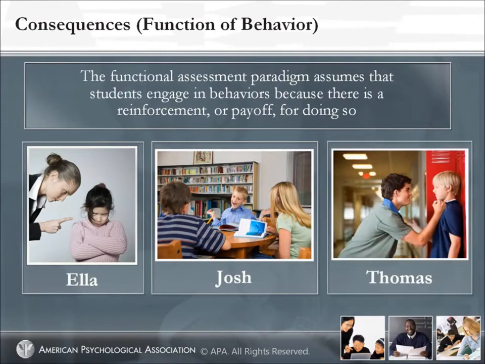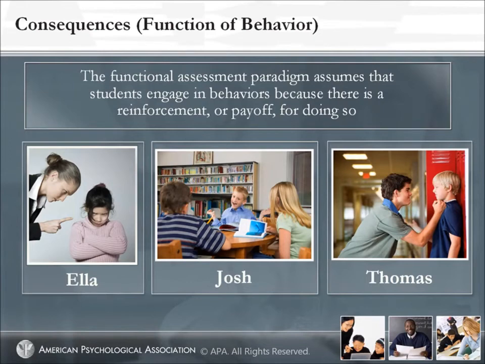Thomas may hit other students because it keeps them afraid of him and keeps him in control. These reinforcers direct our attention to the function of the behavior. That is, what type of payoff does the student receive from maintaining this behavior? What situations have you had or can you imagine that are similar? Behavior can allow either access to certain outcomes, for example, attention, control, or the situation, or escape from some part of the situation that is perceived as negative,